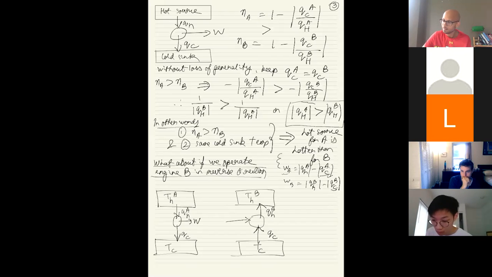Exactly, so as Noel said, this construction that we wrote above implies WA, and let's just skip the modulus, the work being done by engine A is more than the work that you need to drive engine B. So this is WA, and you need to do some work WB. And the most interesting thing is that this WB can now be extracted out of this WA. It can be used out of the work that you're getting out of the first engine. So this picture can be collapsed into one picture, which I will do on the next page.